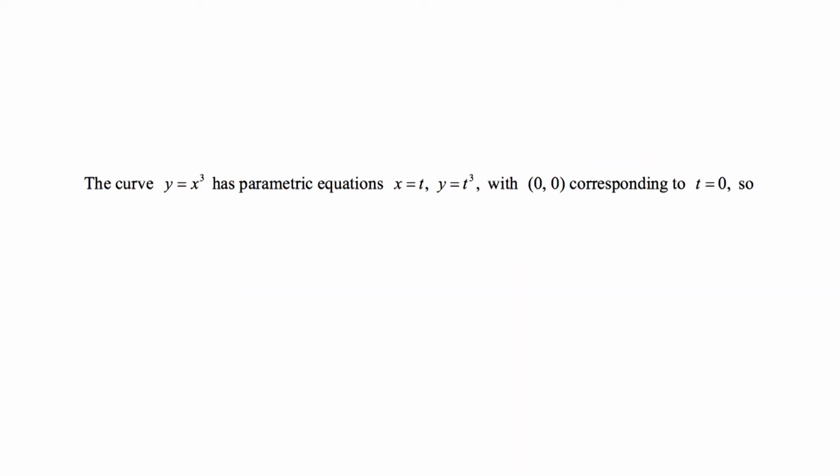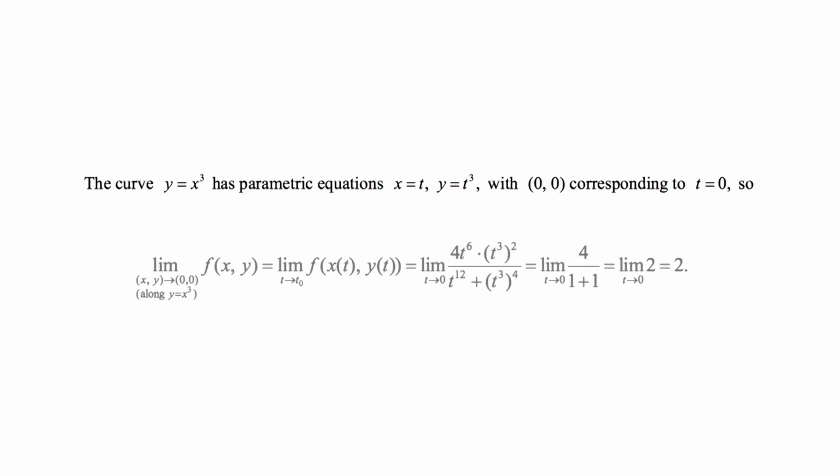The curve y is equal to x cube has parametric equations x is equal to t and y is equal to t cube, with ordered pair (0, 0) corresponding to t is equal to 0. So, the limit as ordered pair (x, y) approaches (0, 0) along the curve y is equal to x cube of the function f(x, y) is equal to the limit as t approaches t naught of f(x(t), y(t))